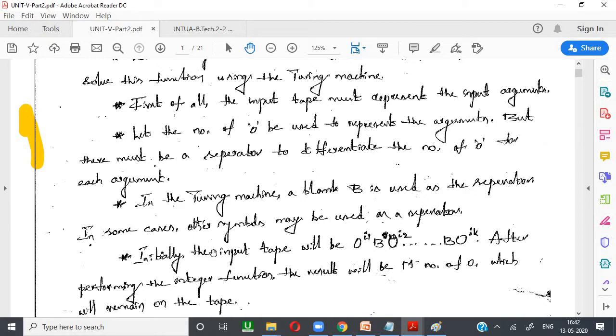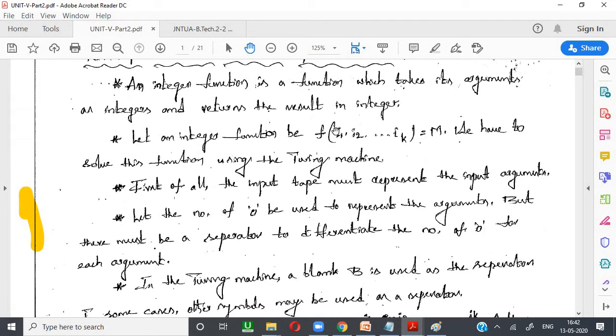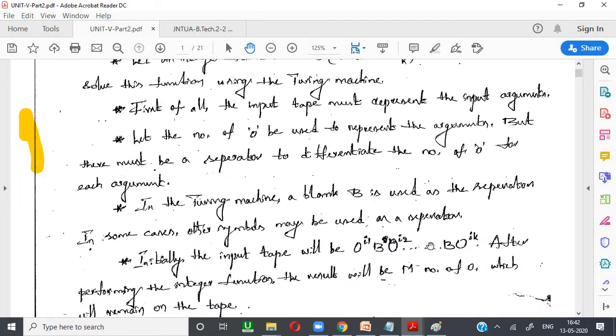For example, the input tape will have 0 to the power of i1, B, 0 to the power of i2, B, and like that up to 0 to the power of ik. Here I define the function f of i1, i2 like that, and the representation will be like this.